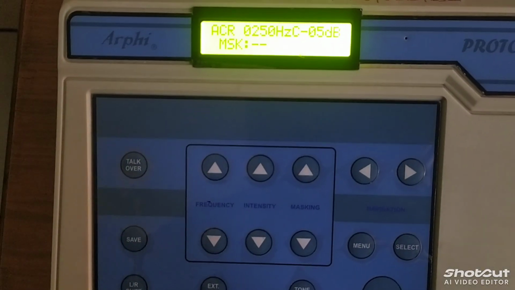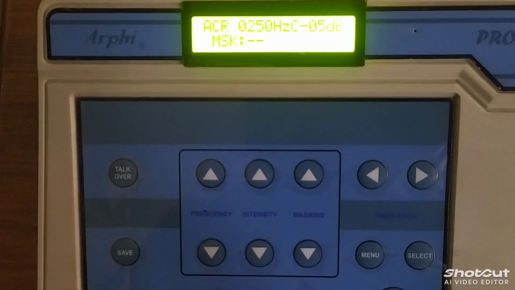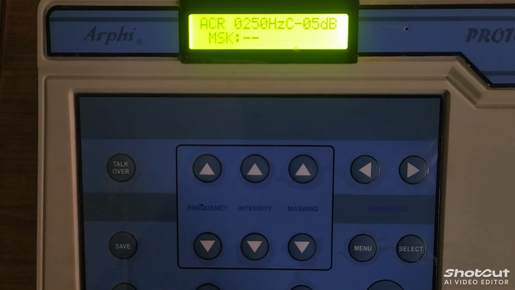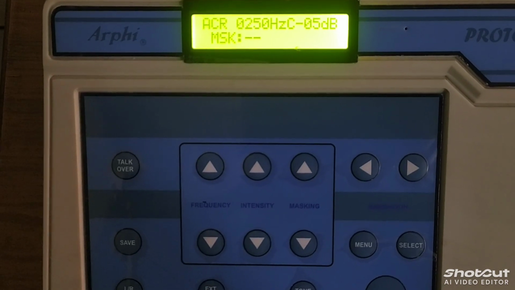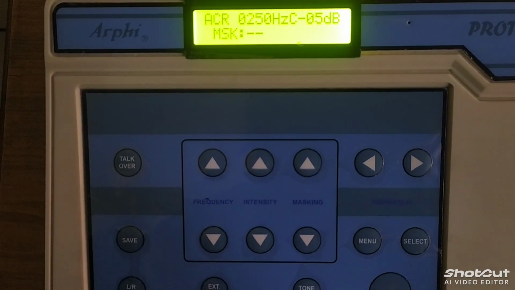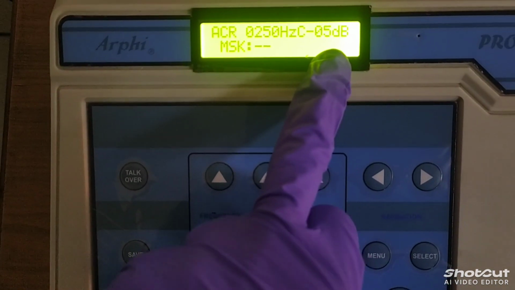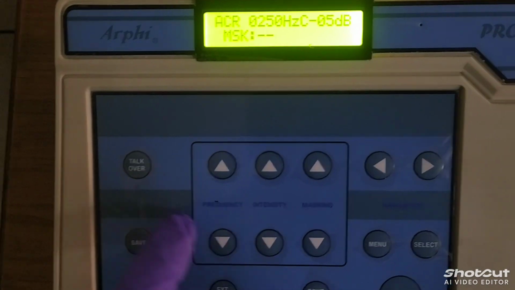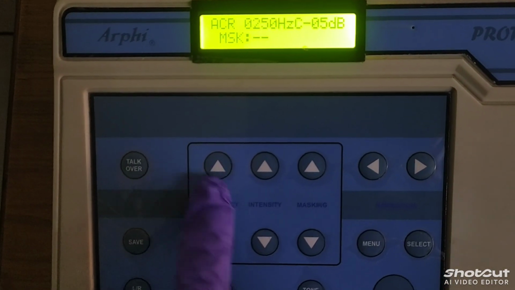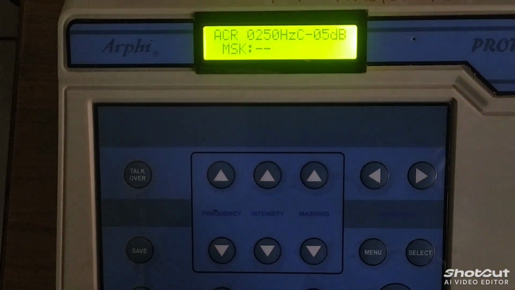We need to stimulate the sound at every given frequency with respect to every intensity. For example, if we have now set 0.5 decibel of intensity, first I am setting the frequency at 250 hertz and going to the stimulate button. If I don't get any sound,